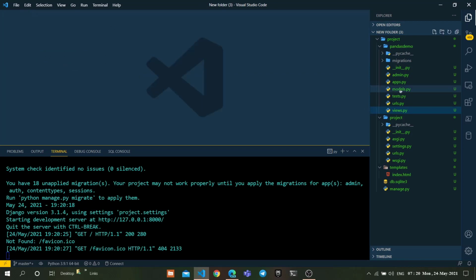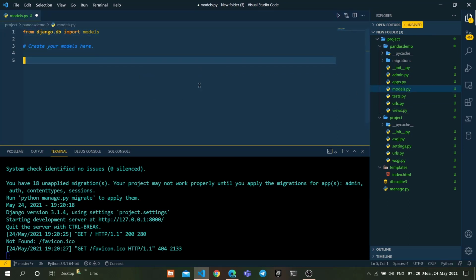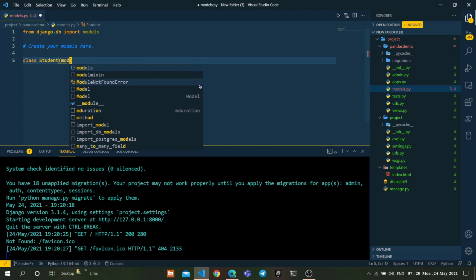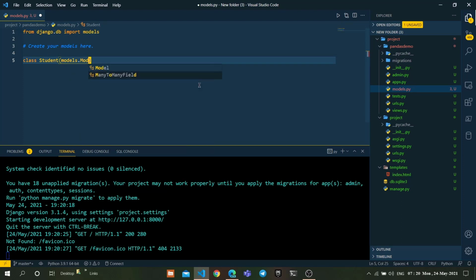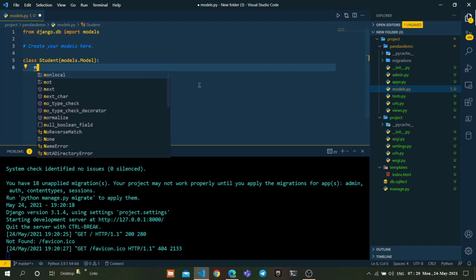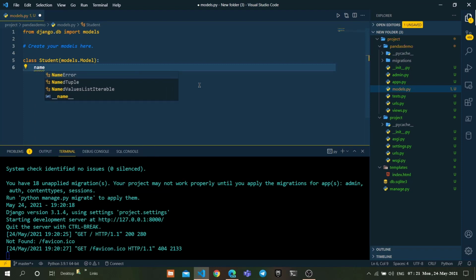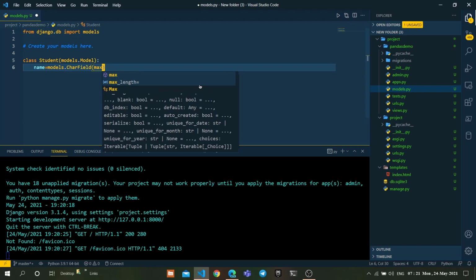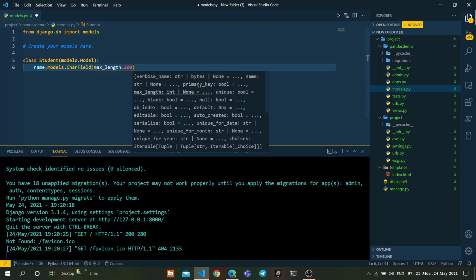To make sure pandas is working, we need some models in our database. So create a model class Student(models.Model). name equal to models.CharField of max_length 200.